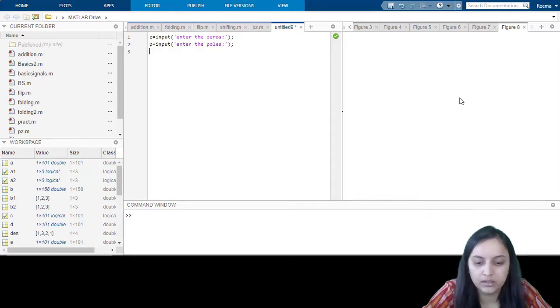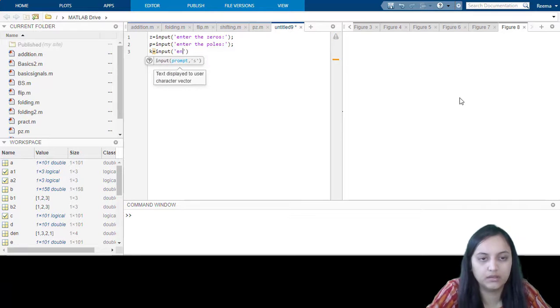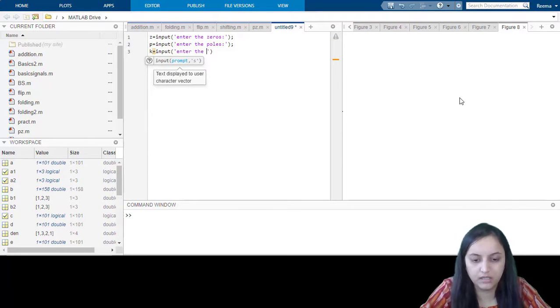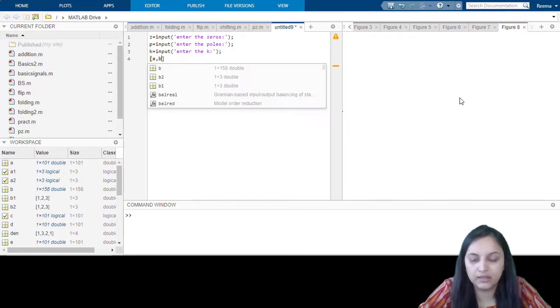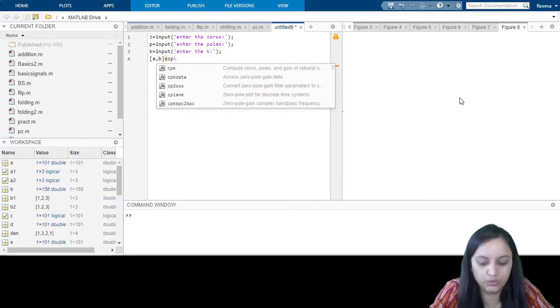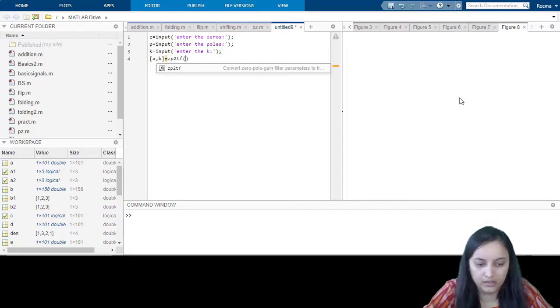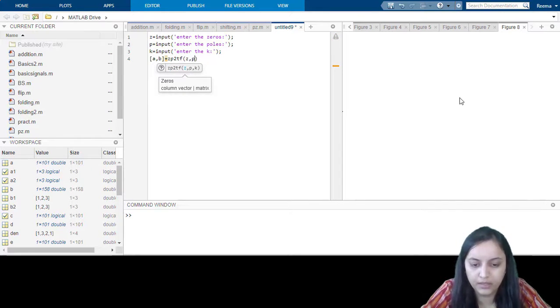Now let us ask for the value of the constant. So k equals to input, enter the value of k. Now let us use the function [a, b] equals to zp2tf, that is zeros and poles to transfer function, z comma p comma k.